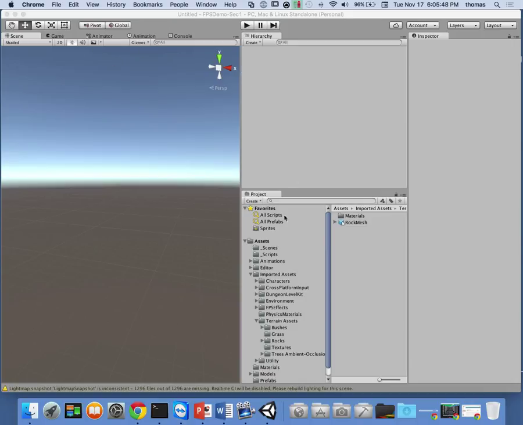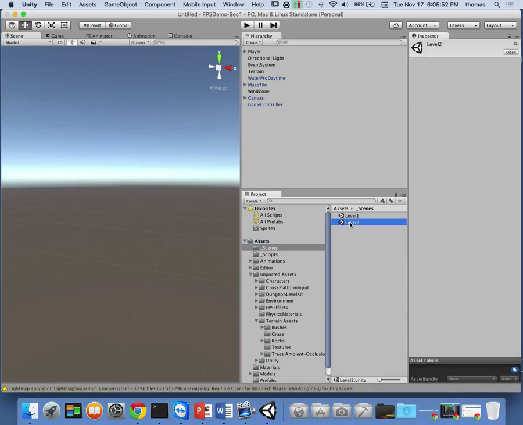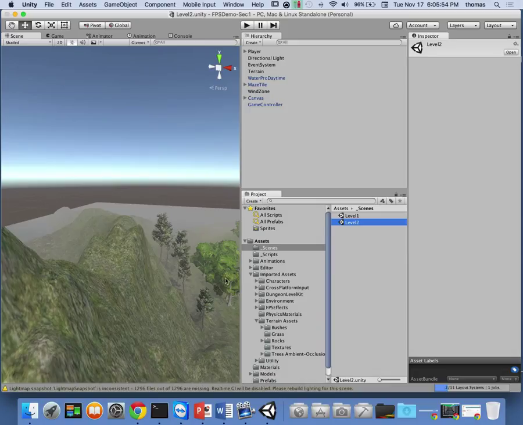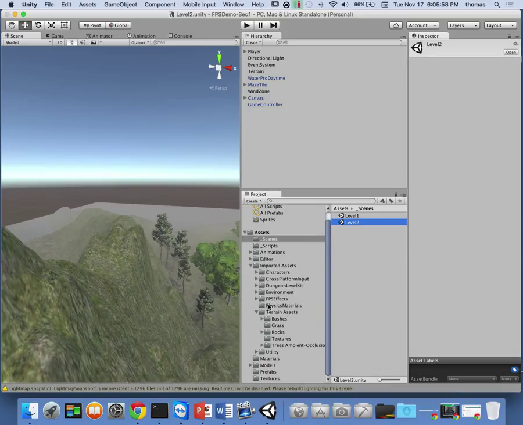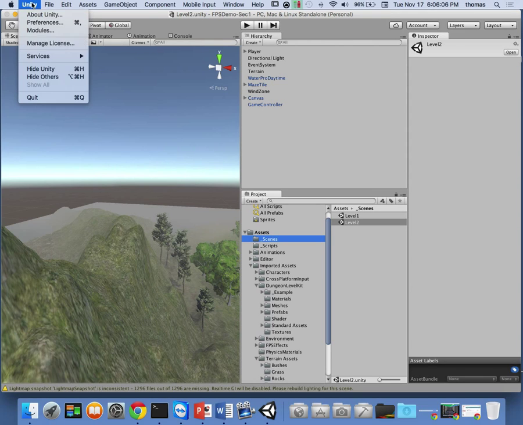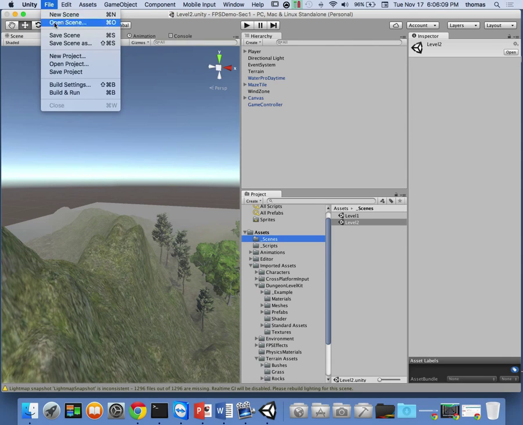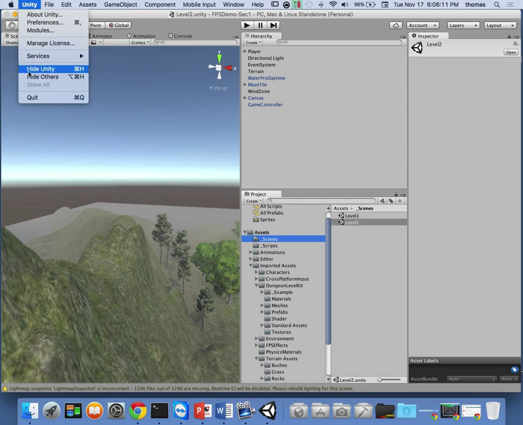Again, I'm using this project that we've been working with. We're working with Level 2, and I've added some additional assets. Under imported assets, I've added something called Dungeon Level Kit, and I'm going to close this off and share it on GitHub for a second. So first I'm going to save everything. File, save scene. I'm going to go Unity and quit,